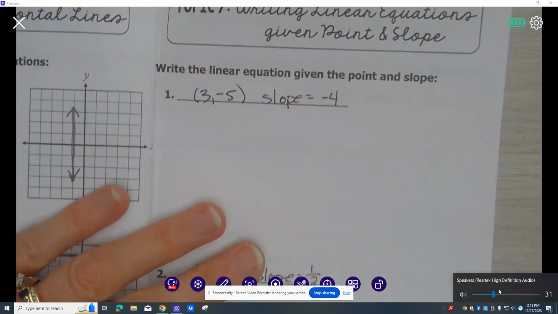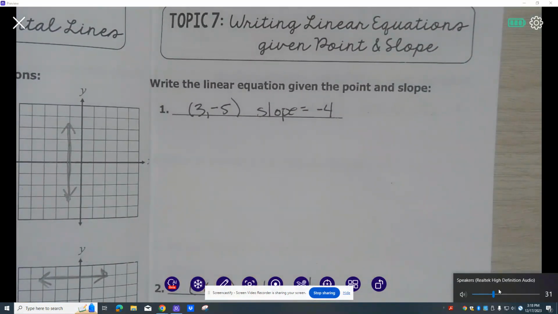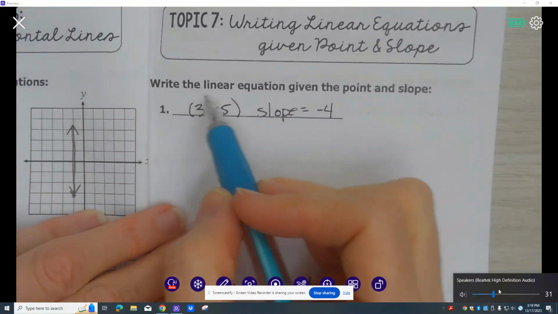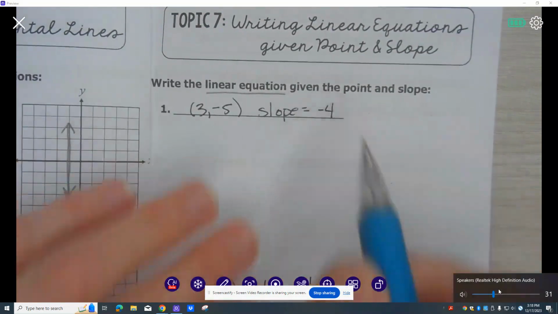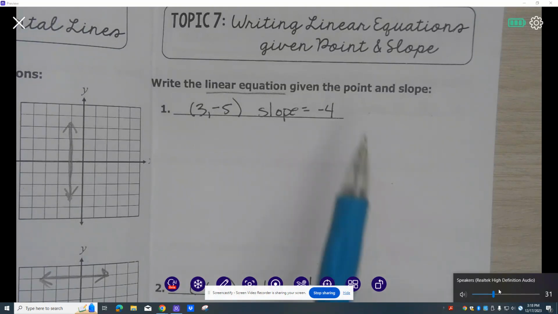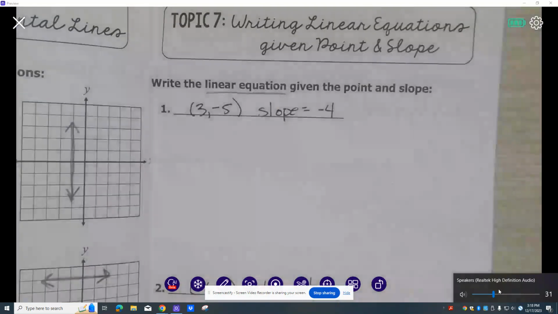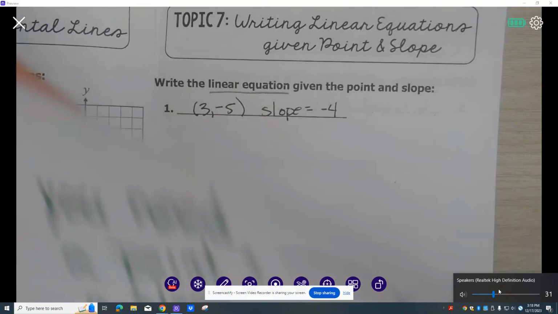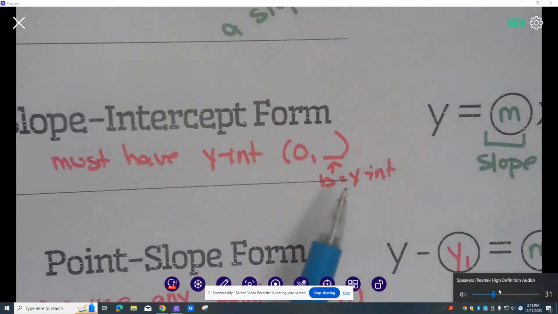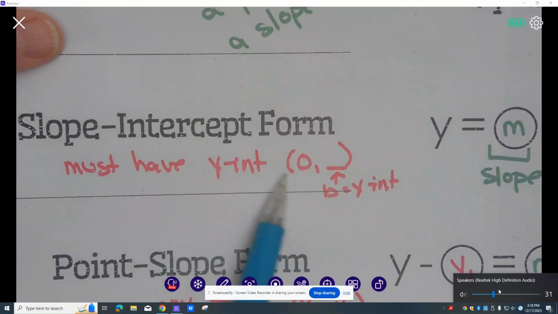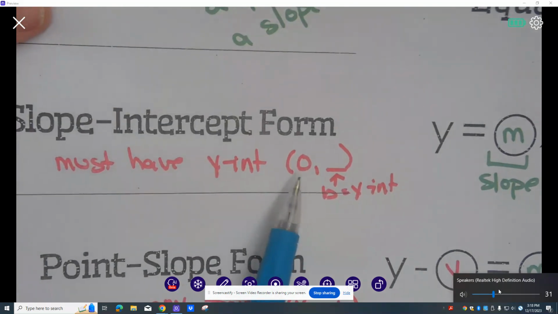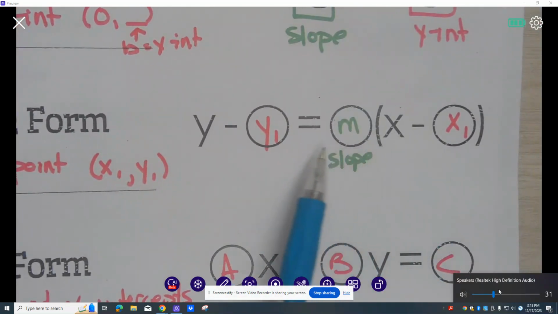Okay, this is like the beginning of chapter 4. Write a linear equation. So that's going to be your slope-intercept or your point slope, given the point and the slope. When I look at this point, this is not the y-intercept, so I cannot use slope-intercept. Remember, slope-intercept requires a slope and that special point where the x is 0. If the point they give you does not have an x that's a 0, then you have to use point